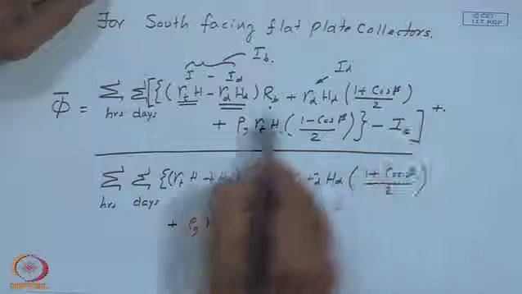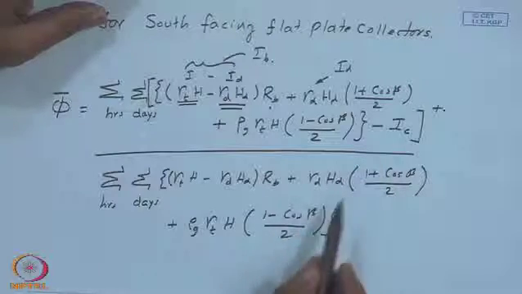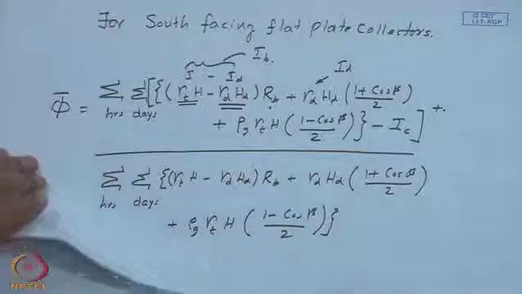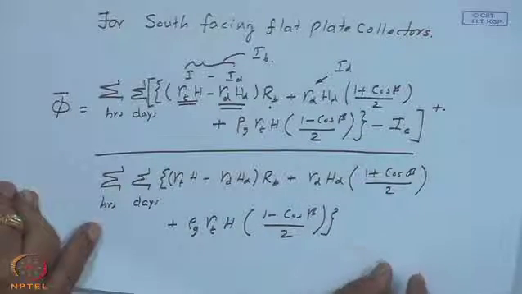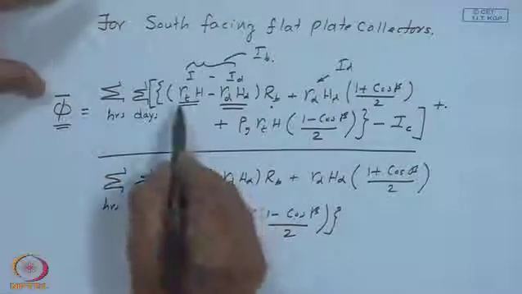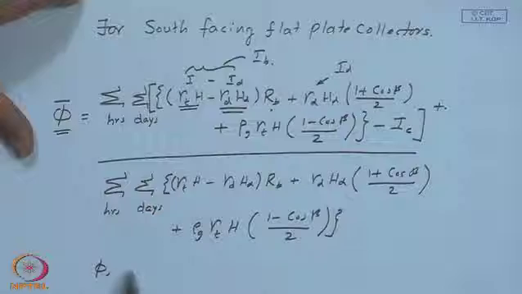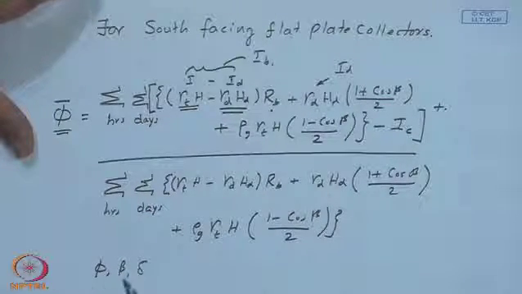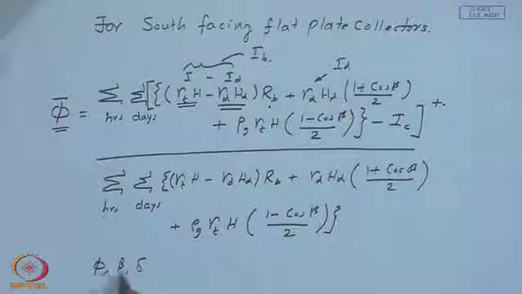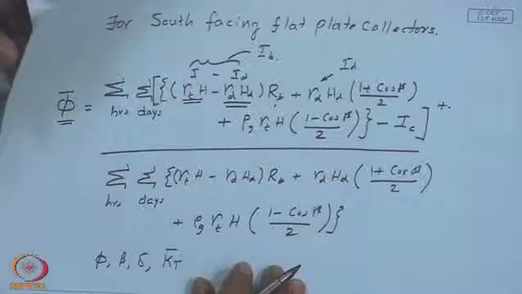Superscript plus indicates only the positive part is to be taken. Whenever this quantity is negative, it shall be reckoned as 0. The denominator is nothing but the total solar radiation falling on the collector surface over the month, which we calculate each hour. So, in other words, you can generate the monthly average daily utilizability using R t and R d correlations at a number of latitudes, beta and delta, even if you put gamma equal to 0. So, this will give you a control over phi and of course, different kT bars. So, you can do that and hence develop a correlation.